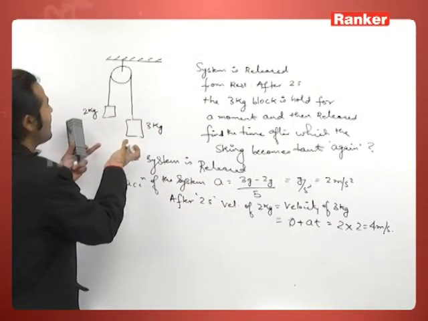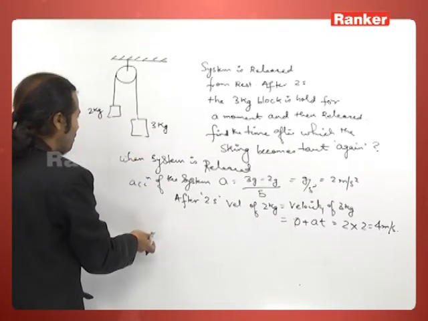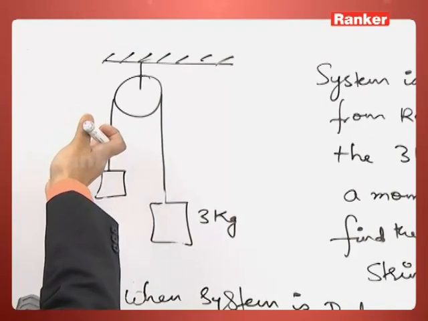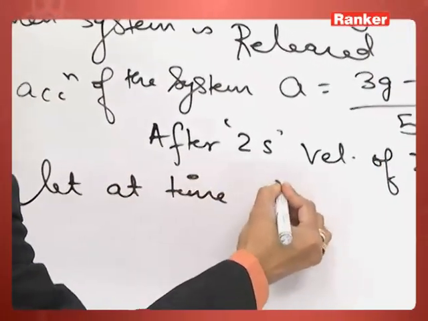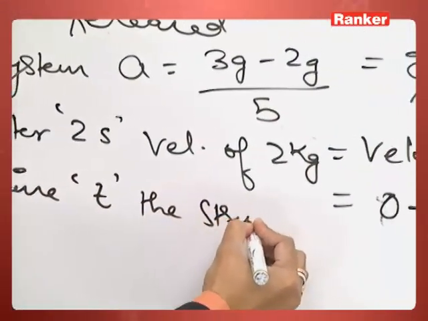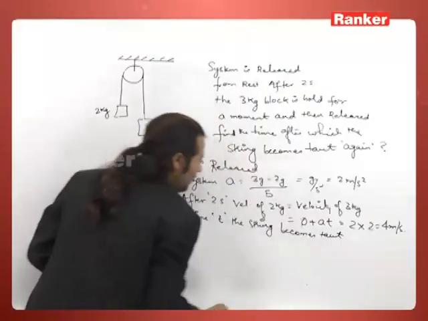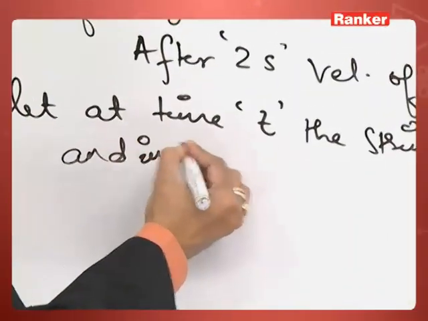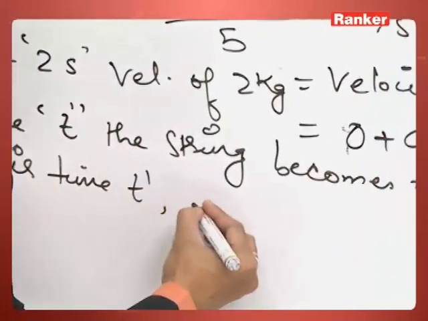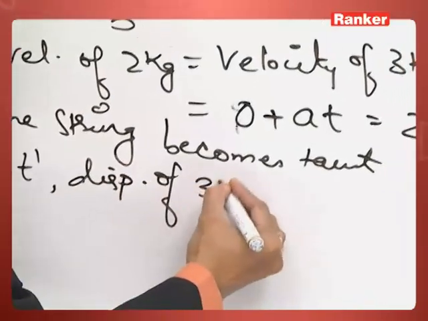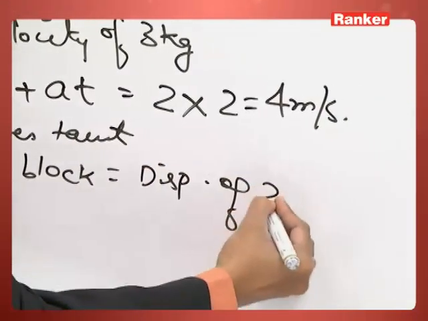And so at time t dash, the displacement when the string becomes taut, whatever the displacement this 3 kg block will move, 2 kg block also will move the same displacement. So I write, let at time t dash the string becomes taut, and in this time t dash, displacement of 3 kg block is equal to displacement of 2 kg block,